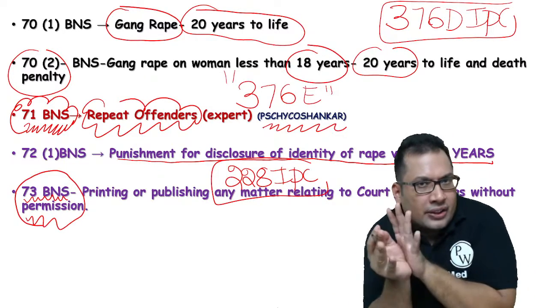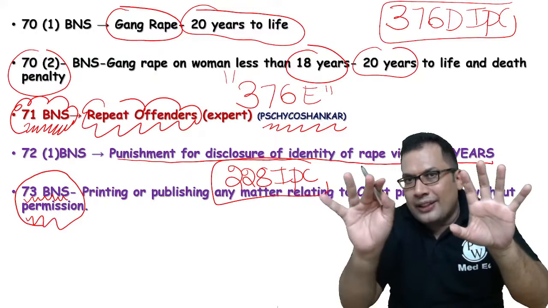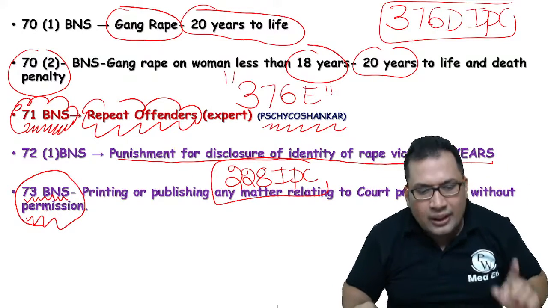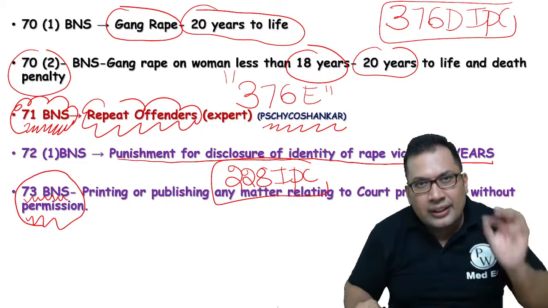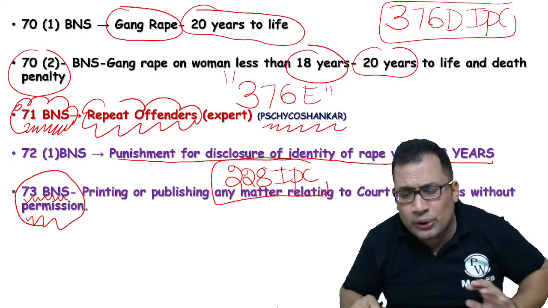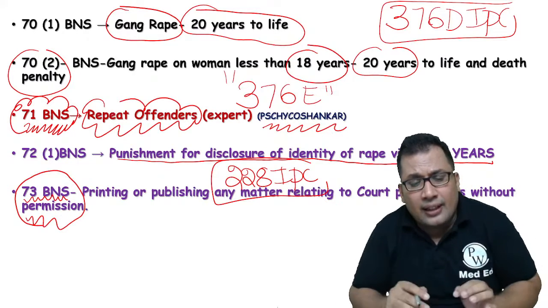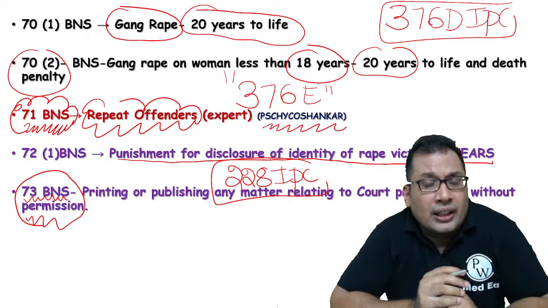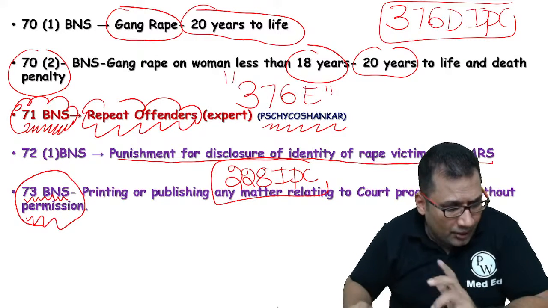So once again I'll repeat. IPC is equal to BNS. Indian Penal Code is equal to Bharatiya Nyaya Samhita. 70 relates to gang rape. 71, repeat offenders. 72, 73 relate to disclosure of identity of a rape victim and printing or publishing of any information related to the court proceeding, that is a punishable offense. Next